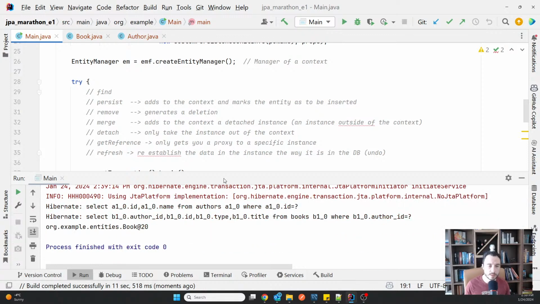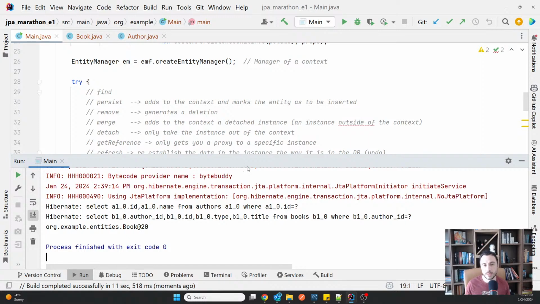Okay, and what you see here is that we have two queries. And I know it might not look dramatic because it's only two, no? But what happens here is that I have one query for each book this author has. Now it just happens that this author has only one book. But imagine it would have had 1000. Then you would have had one query per each of the 1000 books. So it would have created, in that case, 1001 queries.